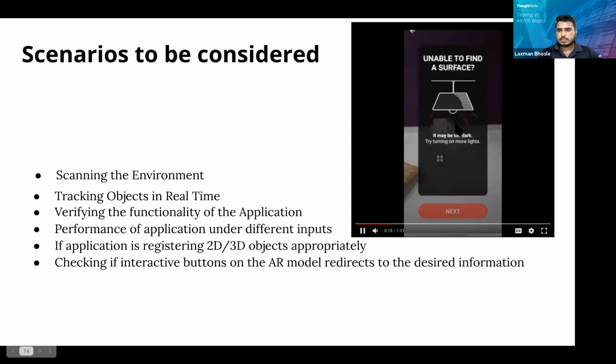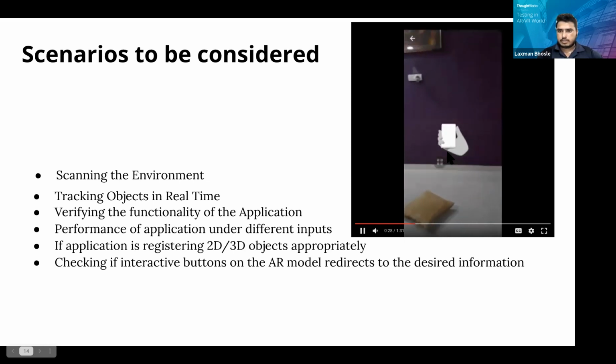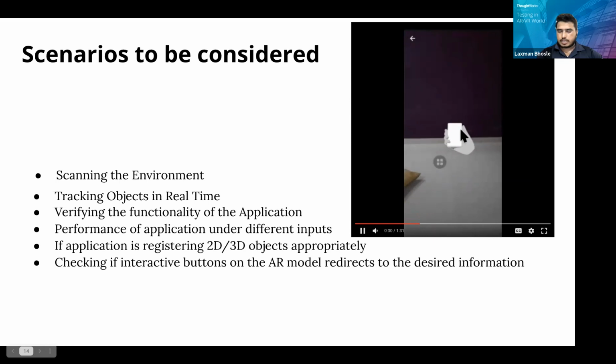It is an alert message. I have increased the light. Now it is scanning the environment. So to render this virtual object in the real world, it is scanning now. After scanning successfully, it will render the virtual object. Now it is scanning. After scanning, this hand icon will be removed.